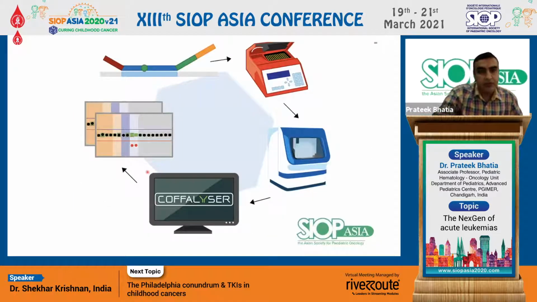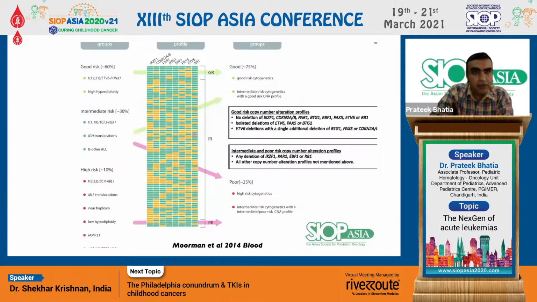There also has been fascinating interest growing in MLPA for the last decade or so, which detects the copy number abnormalities, since it's technically easy to perform, does not require very elaborate instrumentation, and is also cost effective. And the first such paper was an integrated cytogenetic MLPA risk stratification, which was proposed by Moorman et al. in 2014. What they did was classify the copy number variations or the secondary hits in leukemia into 2 groups, good risk copy number alterations and intermediate and poor risk, and further tried to integrate this with the cytogenetic risk groups, which we have already seen in the last slide.